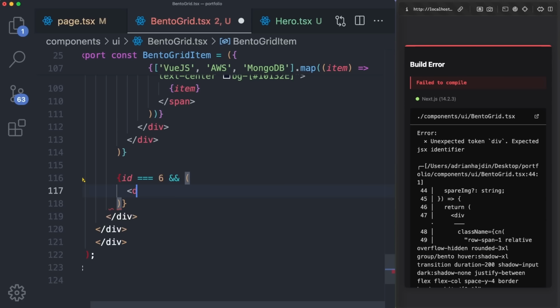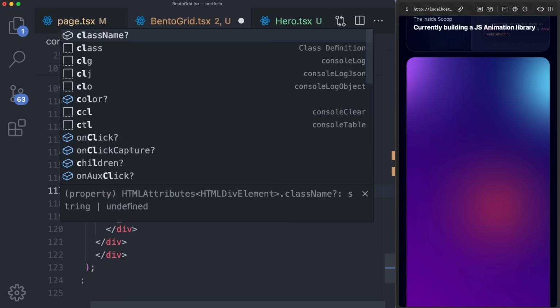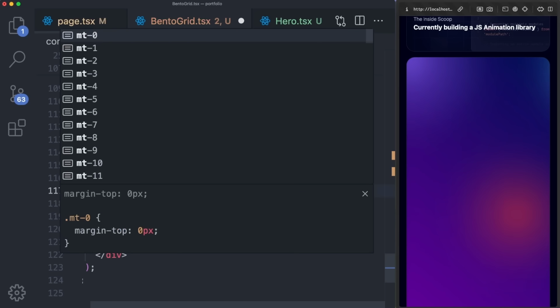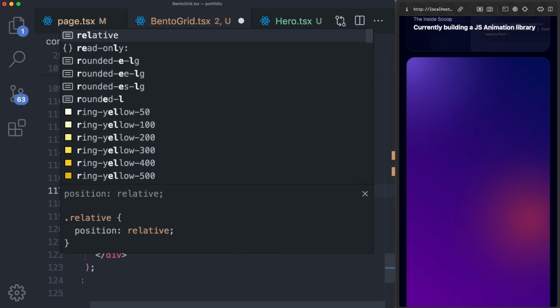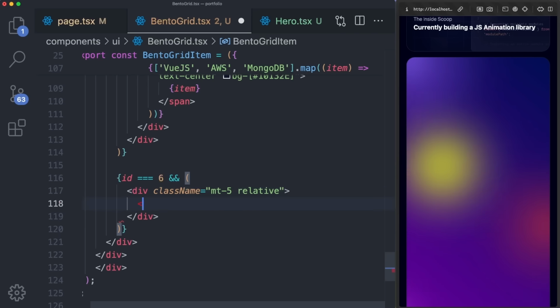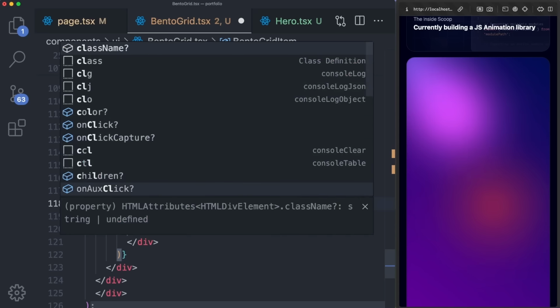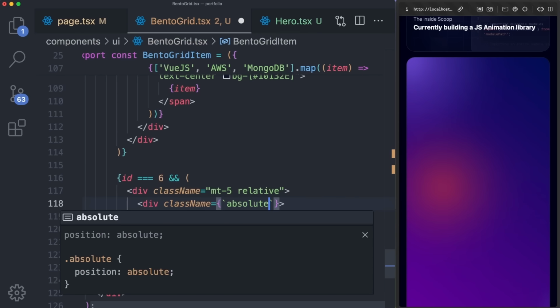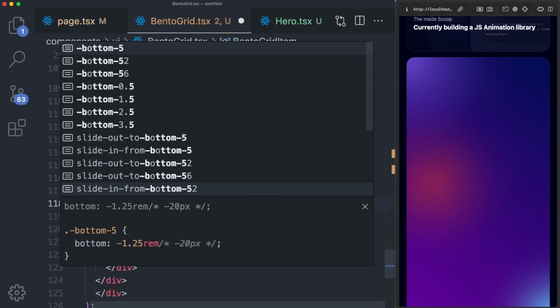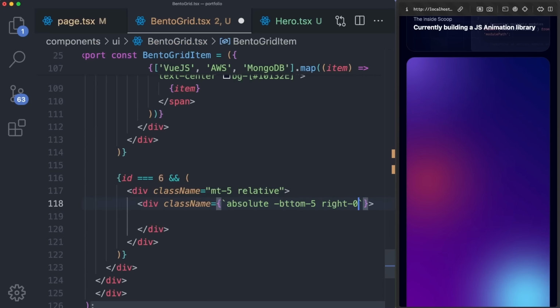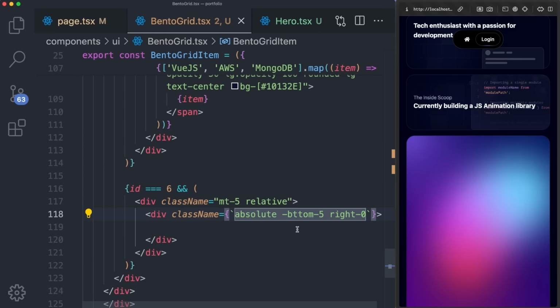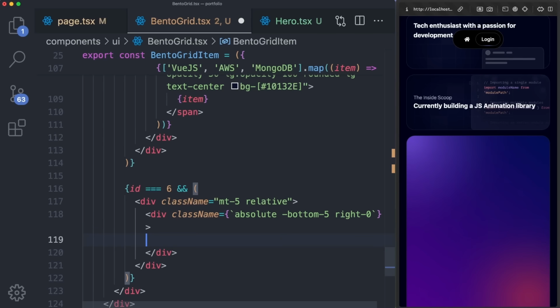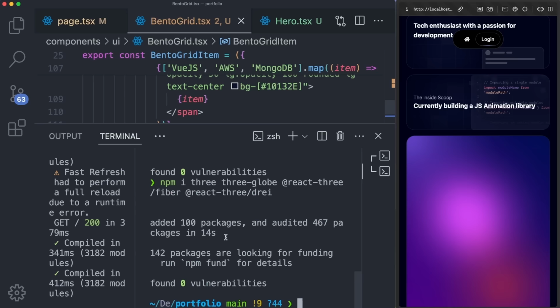So here we can create a div with a class name equal to mt-5 and relative. We want to create an additional div within it with a class name equal to, it will be dynamic, absolute, -bottom-5, right-0. And let's fix this, bottom of 5. Right within it, we want to render a Lottie animation. And we can do that by installing a package